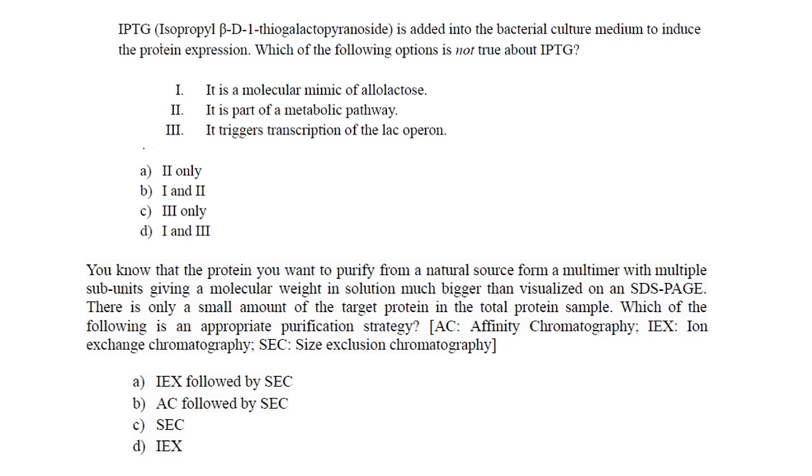There is a molecular mimic of allolactose. That is correct. Find the one that is not true. It's not true, so part of the metabolic pathway. That is not incorrect, so 2. Okay, so we have only 2 and 1. So 1 is correct. So this one will be the only incorrect option. Okay, now